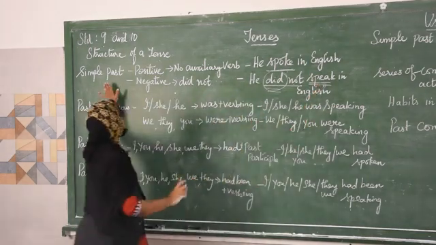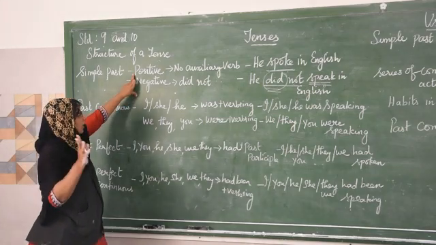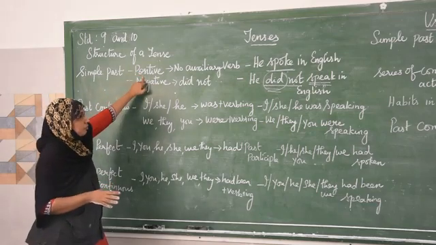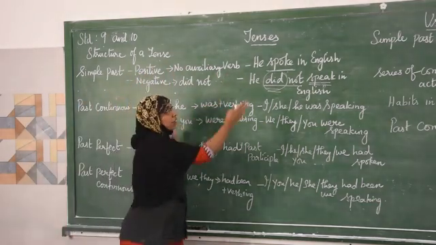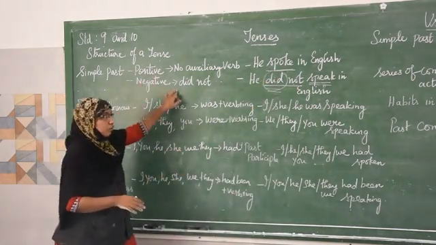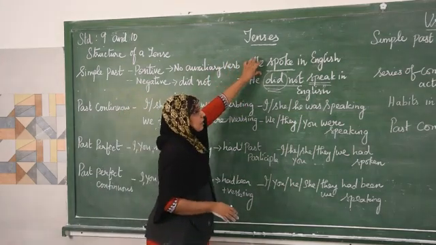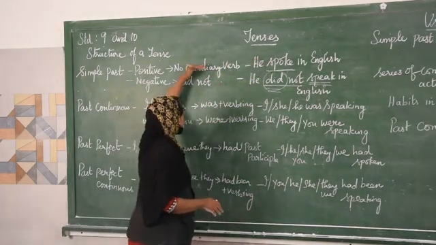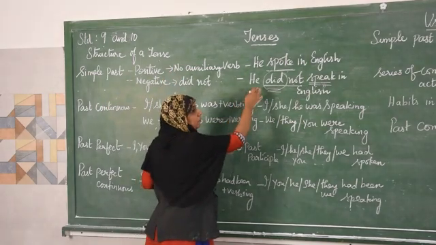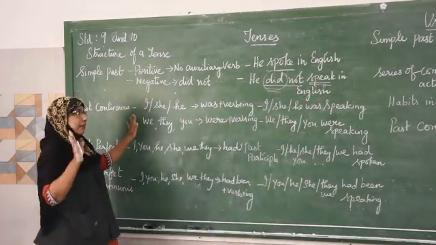Is it clear? Now first, simple past tense: in 2 structures you can write, positive and negative. In positive form, no need of auxiliary verb. Only the main verb is necessary here. Whereas for the negative sentence, you have to add did not. Whenever you are using the main verb spoke, when you are changing this into a negative sentence, you have to add the auxiliary verb did, and this main verb should be in simple present form there.